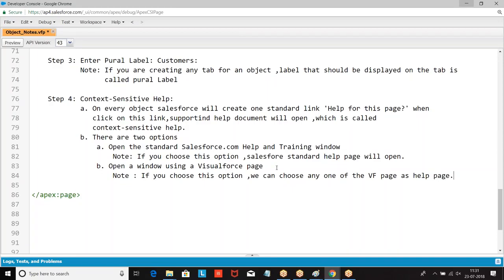With respect to every object, on the top we have a help for this page. When you click on that help, what is the page that should open? It is given as context sensitive help. If you want the standard document to open, then we say open the standard Salesforce.com help and training window. No boss, I don't want the standard page to open. I want my own Visualforce page to open. Choose the second option.